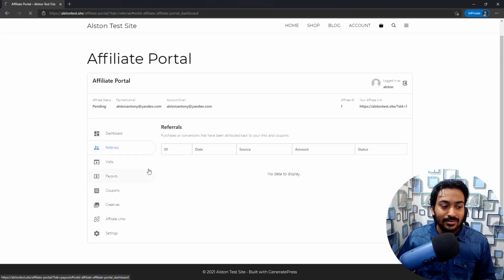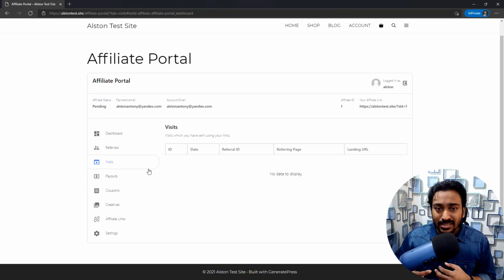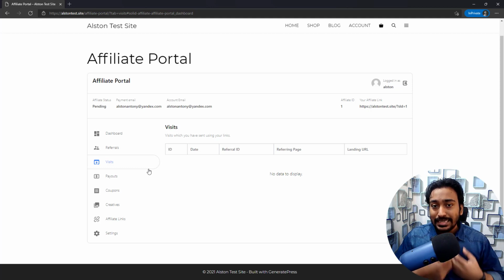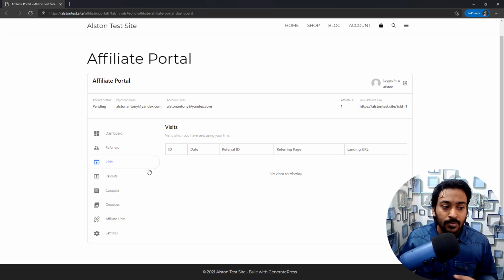If I go into visits, this shows all the visitors which I have sent to the affiliate program. Not necessarily all the people you refer to a program are going to straight away buy a product. So if you want to see how many people I am sending to this site or this program, you can see those details here.